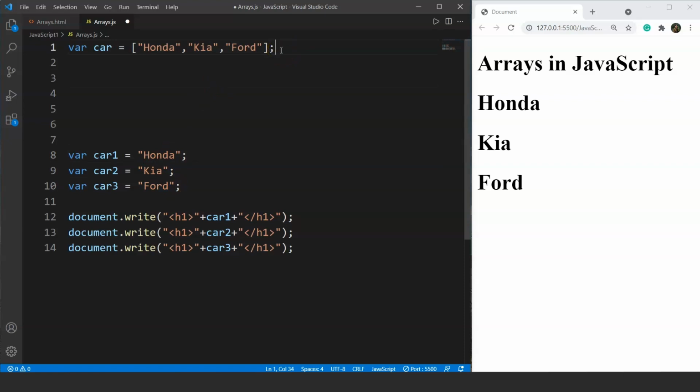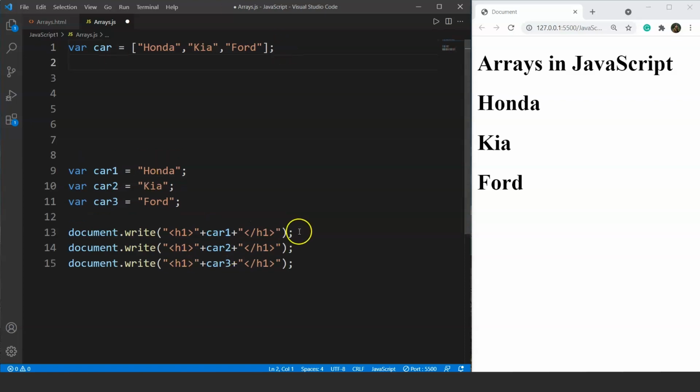We can insert as many values as we want. If we have a list of 100 car manufacturers, we can insert them in this array. Now let's print the output of this array. We will copy document.write from here and paste it here. We don't need this piece of code right now.